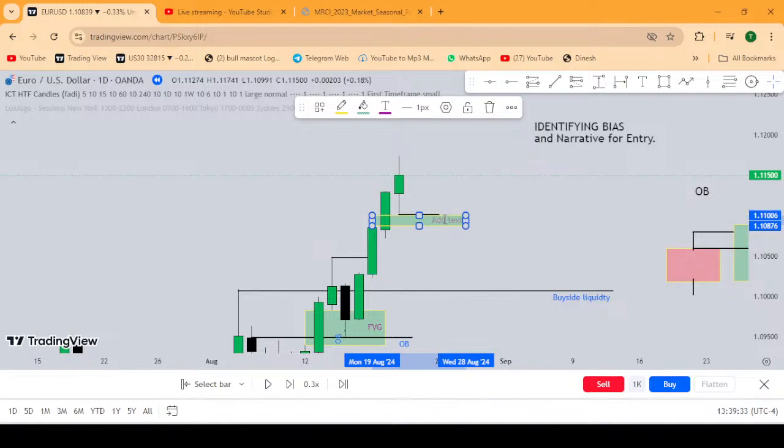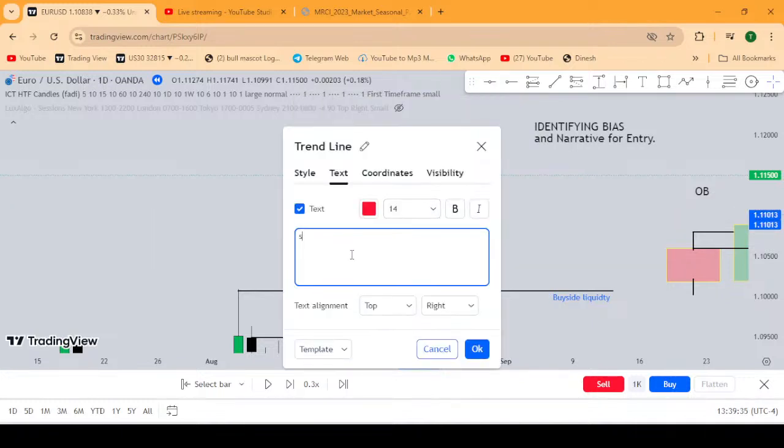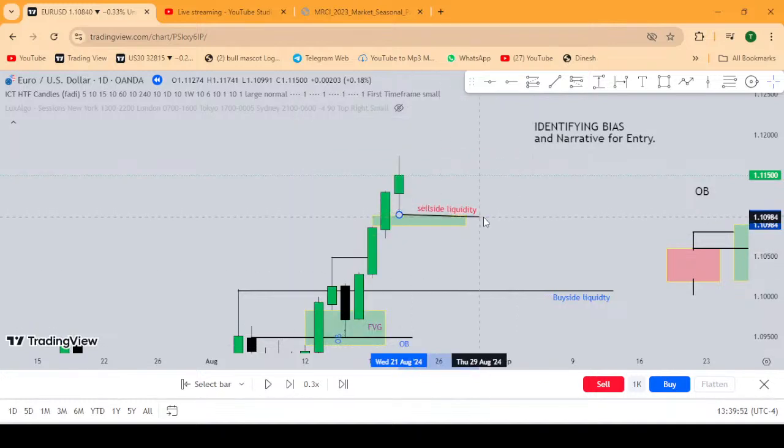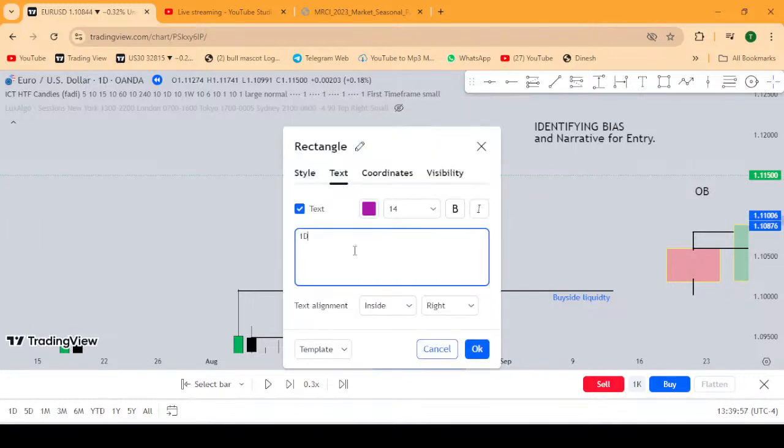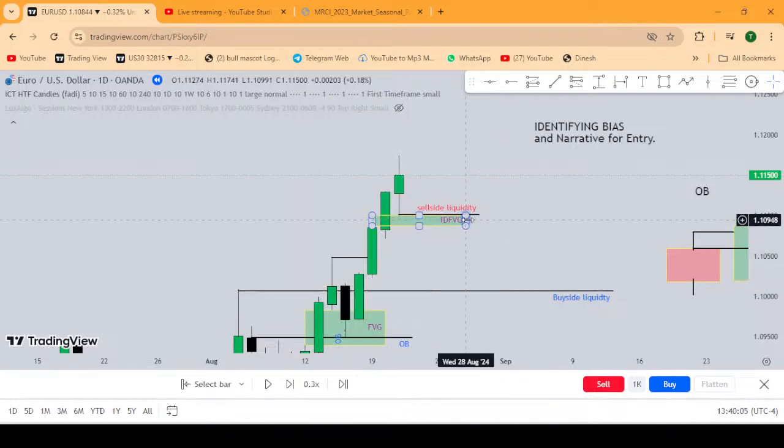So what do you have? We have sell side liquidity, used for pushing you to the upside. Sell side liquidity is used to buy, and buy side liquidity is used to sell. So this is a daily FVG, 1 day FVG. So 1 day FVG is also one of the things you mark